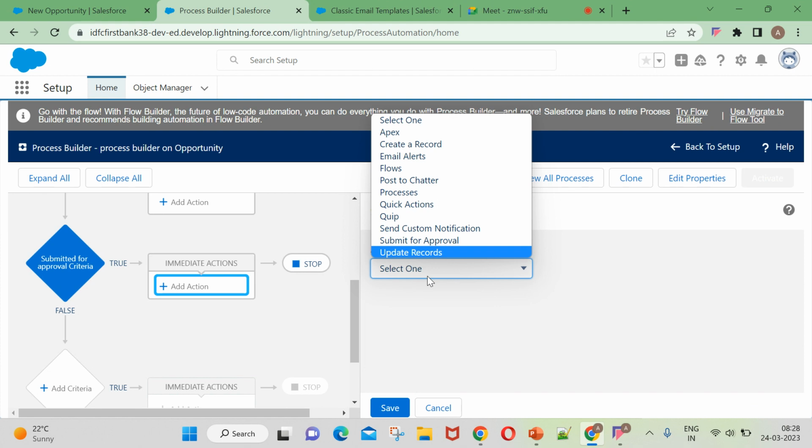Maybe opportunity, there is one more object called opportunity line item. For example, there is a relationship between opportunity and opportunity line item. I'll show you after this. In that situation, the relationship types will come under child records or parent records, right? Opportunity records and opportunity line item records. If you want to update those records based on the parent records, you can update related records also